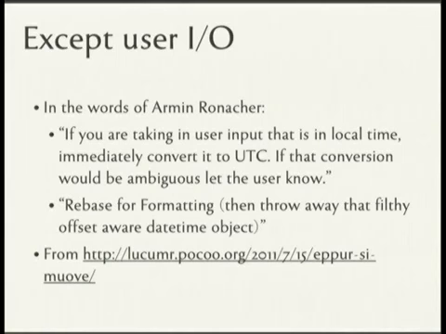Make sure that that conversion is unambiguous, and if it is, let the user know. Tomorrow morning, 1:30 a.m. will happen twice. You don't know which one it is. And especially if you're working on a distributed team that has people in other countries on the other side of the world, 1:30 in the morning here could be a really interesting time. You have to know when it is for the other person. They may also not observe DST. Surprise.